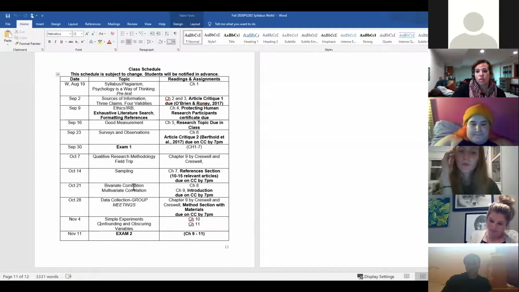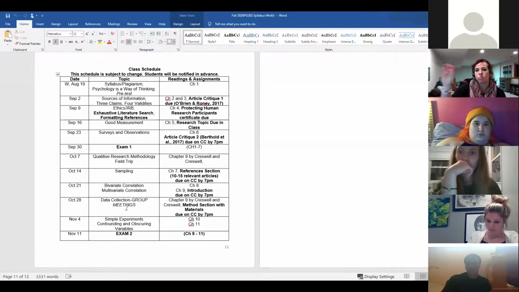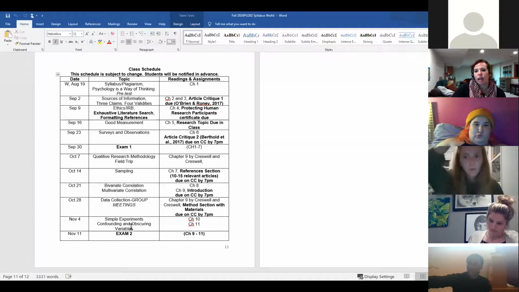So looking ahead also, for next week, I don't know why sampling was here. I feel like that was out of order, but that's all right. We'll talk about multivariate correlation next time. And then the week after that, we're going to be doing group meetings. So we'll all gather together, and then we'll probably spend 30 minutes with each group seeing how I can help everyone.